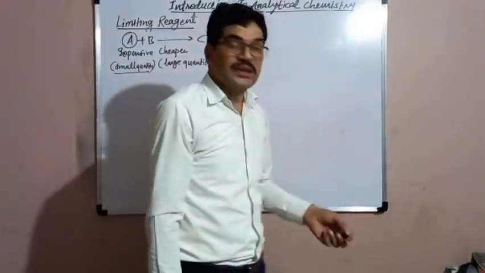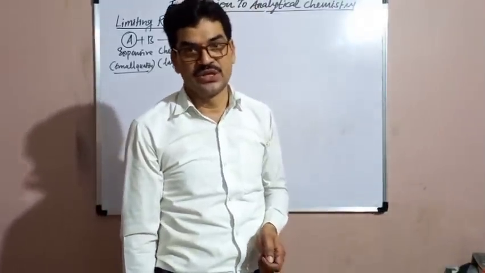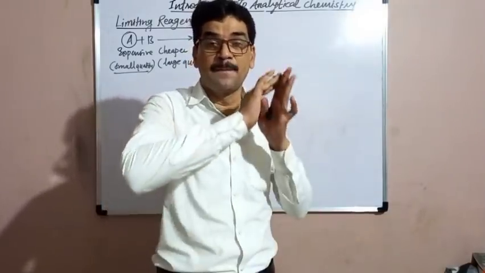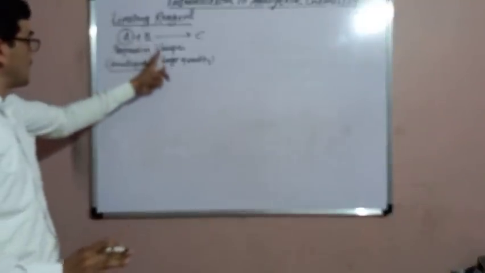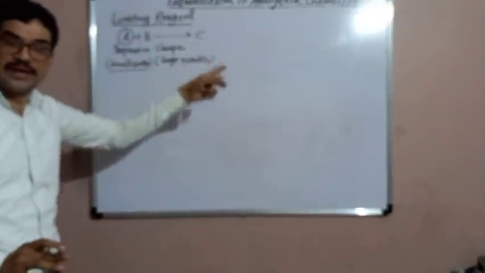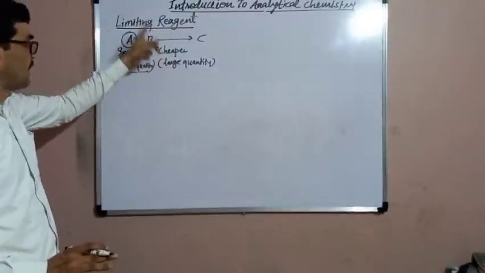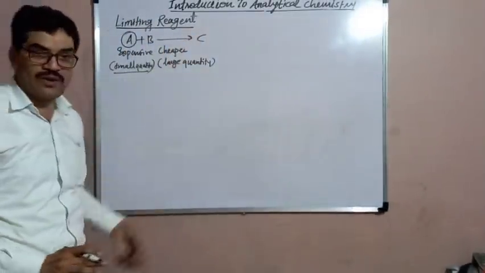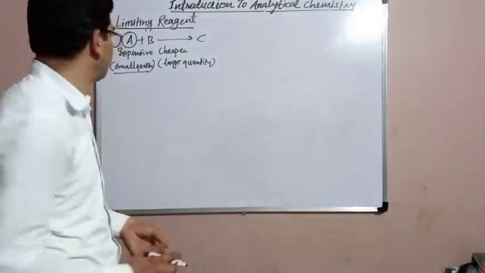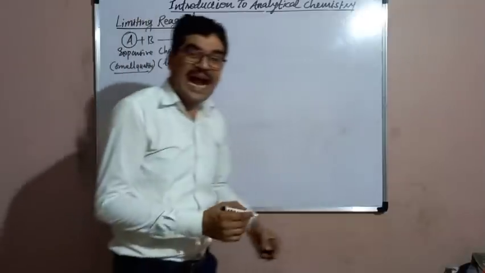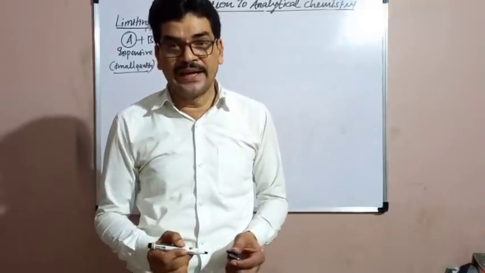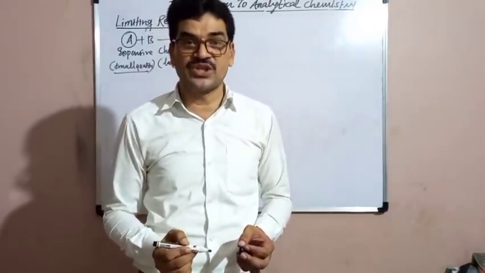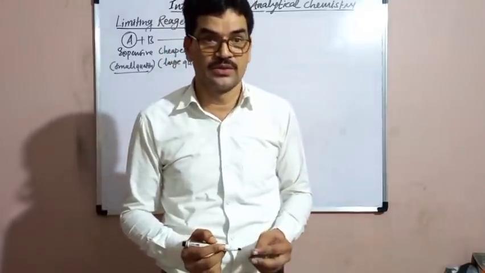So here remember, that reactant which is taken in the smaller quantity is known as the limiting reagent, and this limiting reagent is always completely converted into the product, while the other reactant which is taken in the large quantity is not completely converted into the product. Only the required amount of that reactant is converted into the product, while the remaining amount remains behind. So the limiting reagent is that reactant which is taken in the smaller quantity because it is expensive, and it gets completely, or 100%, converted into the product.